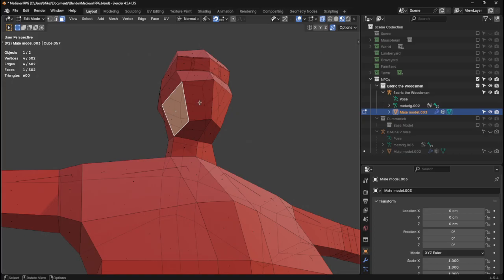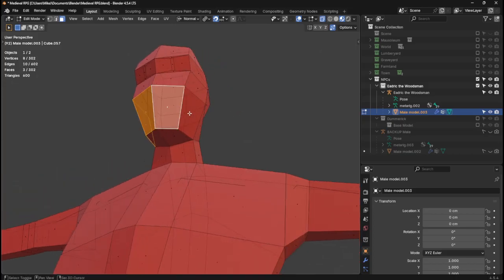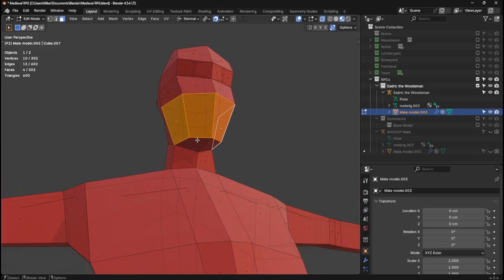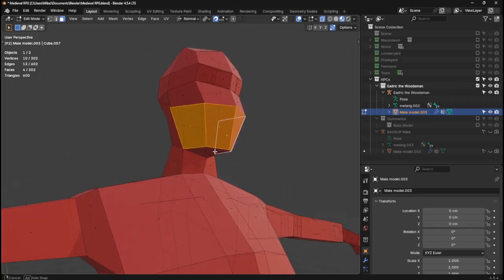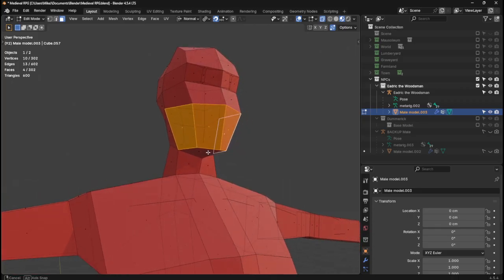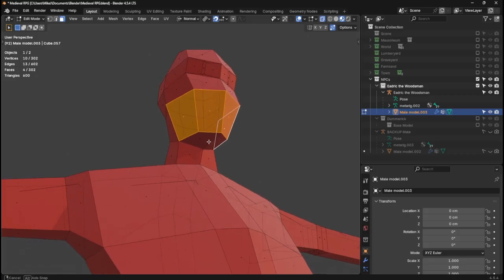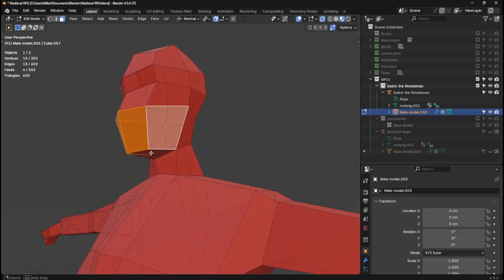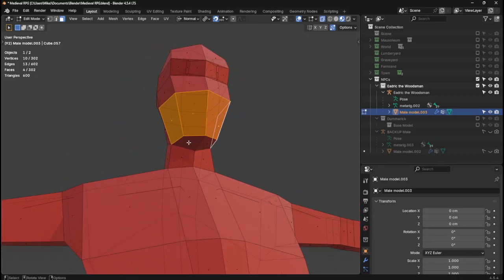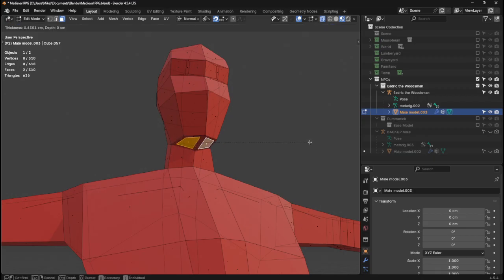Or would it be easier to extrude these faces and then from the bottom part of that beard, it's tricky. Let's just see. If I do inset and then